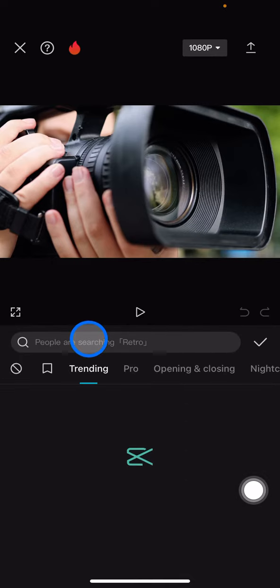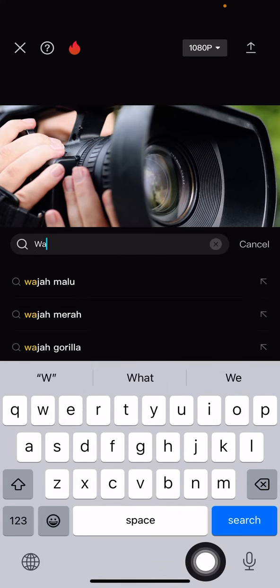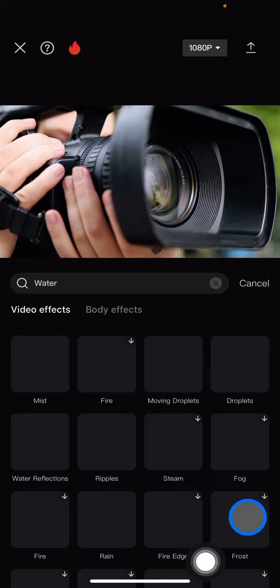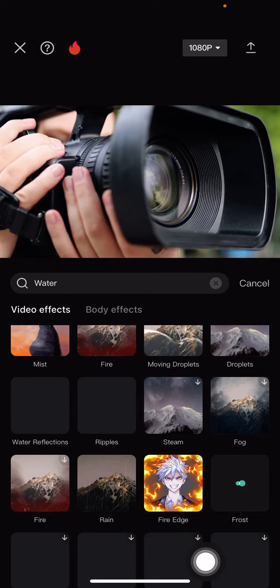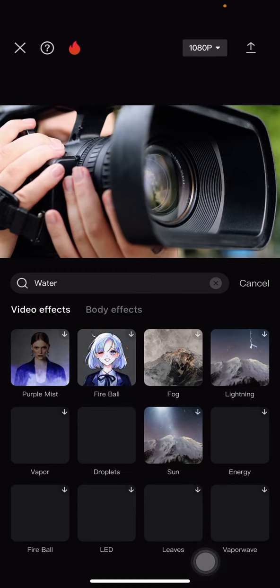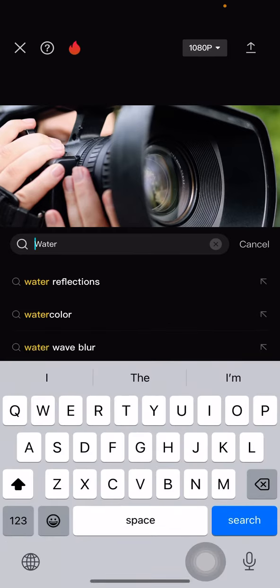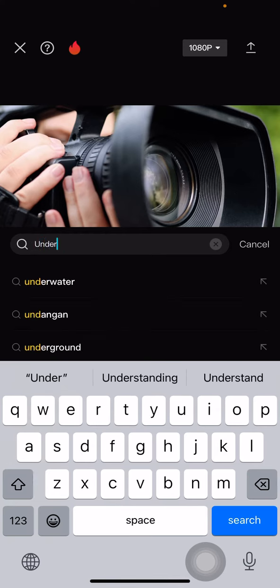And now in the search bar, to make it easier and faster to find the effect, you just need to type water effects, or whatever is related to water, and then click search, and there will be a lot of water effects that you can access here. So you just need to find the effects that perfectly match the editing you want for your video, or if you want a specific one, you just need to type underwater,